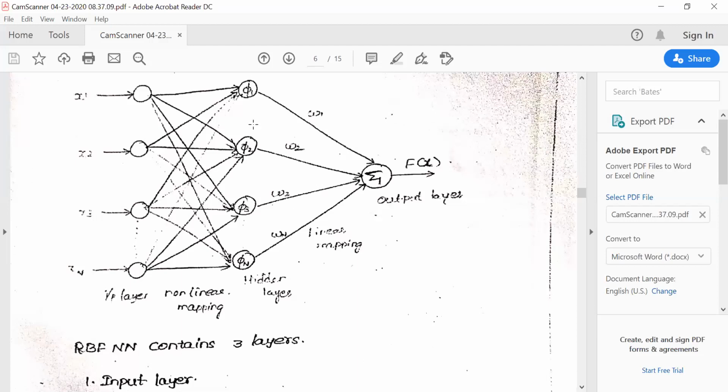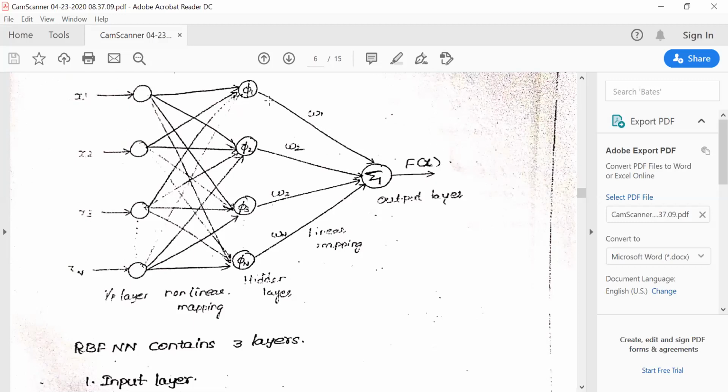It shows weights. You can observe that in nonlinear mapping, there is no weight declared over here. What we do is, based on the number of hidden neurons, you need to select that many radial basis functions here. So it is showing phi 1, phi 2, and so on, phi n. So if you have n hidden neurons in your neural network, then you require n radial basis functions for mapping your input into higher dimension. Once the input is available in higher dimension, you can use the general perceptron model to find out the solution for this.